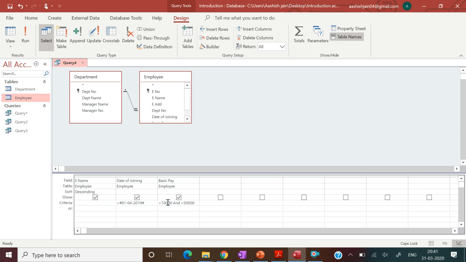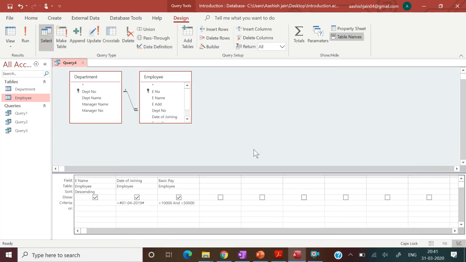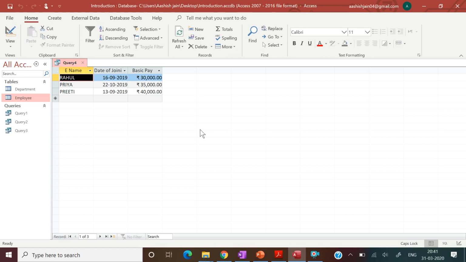Press enter. Yes, that's it. Just run this. Yes, we got all this. So Rahul, Priya and Preeti, whose date of joining is after 1st April 2019, and whose basic pay is in the range of 10,000 to 50,000.